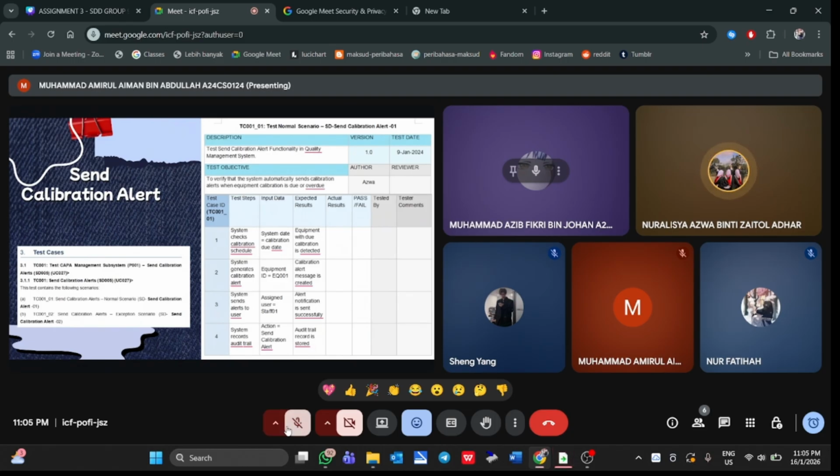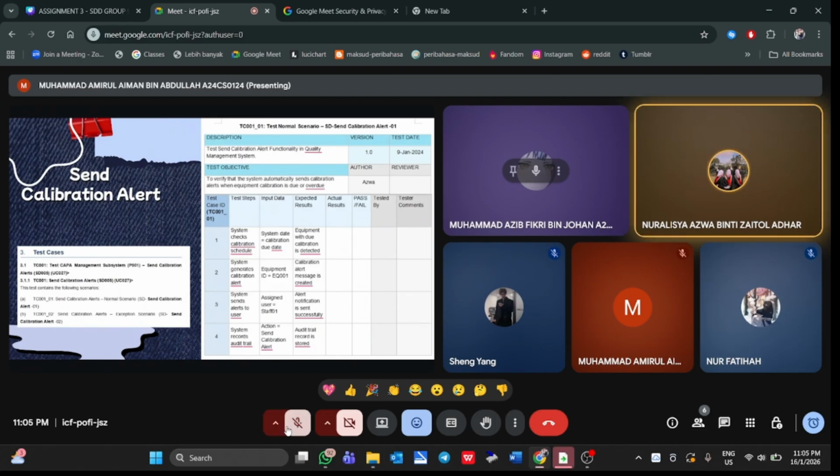Then I will explain the send calibration alert test case, the normal one. The objective of this test case is to verify that the system automatically sends a calibration alert when equipment calibration is due or overdue. In the normal scenario, the system first checks the calibration schedule by comparing the system date with the calibration due date. And when the due date is detected, the system generates a calibration alert using the equipment ID, for